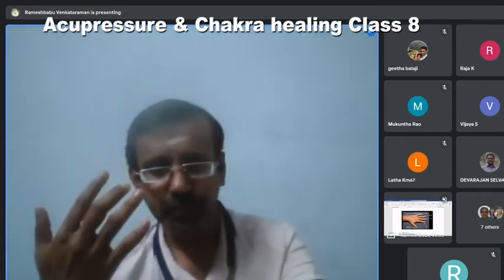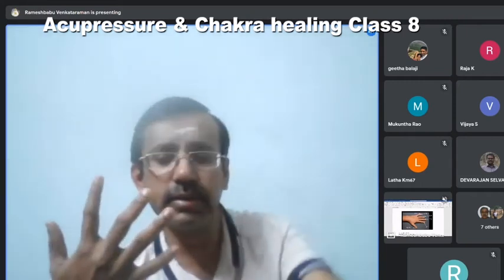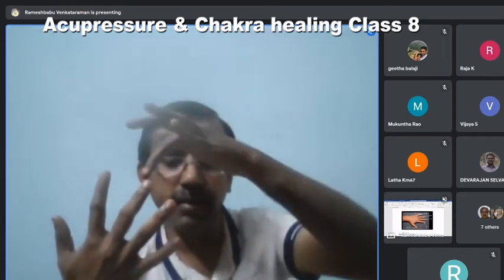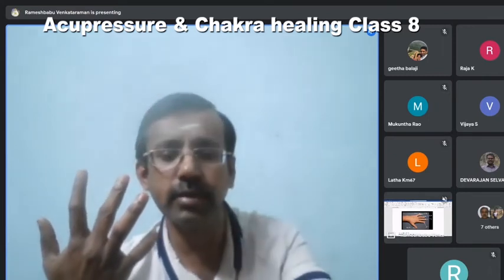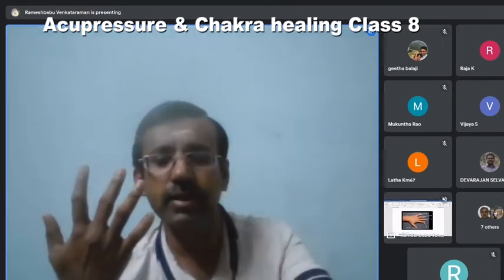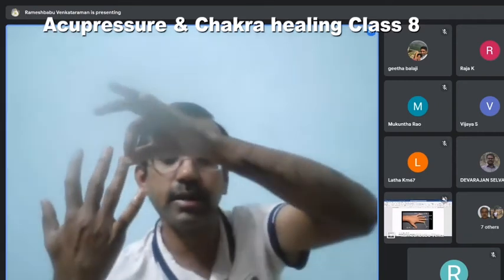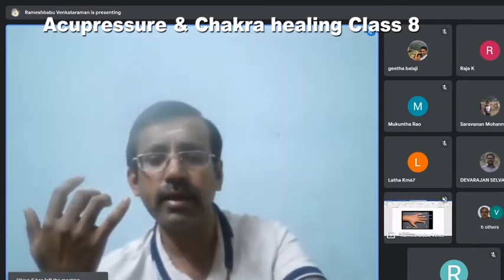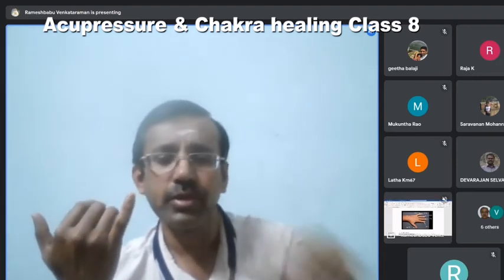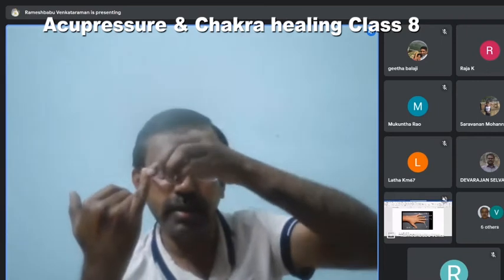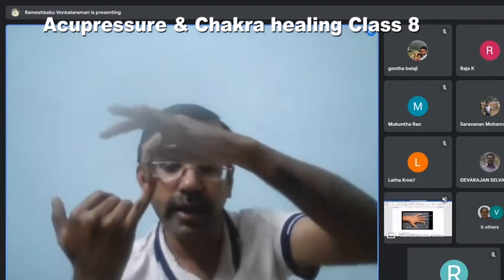Then next is LI1. This is LI1. Then the next one is P9. P9 is exactly in the middle finger. Pericardium 9. And then the next one is SJ1, Sanjiao 1, on this side. And in your little finger, both the SI and heart channels get connected. So this is SI1, small intestine, starts from here. And then this is heart 9.